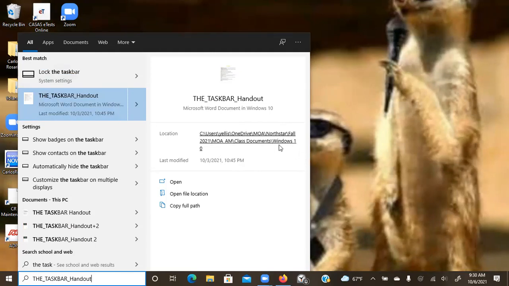You can see it's in OneDrive. Mine is different. You can see OneDrive, you can see class documents. No, you can see Computer Basics 2, and then you can see Windows 10. That's what you would see here. Is anyone not able to see the link